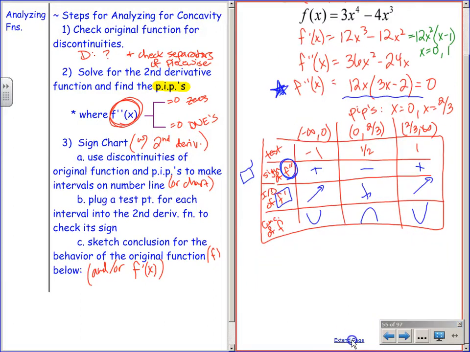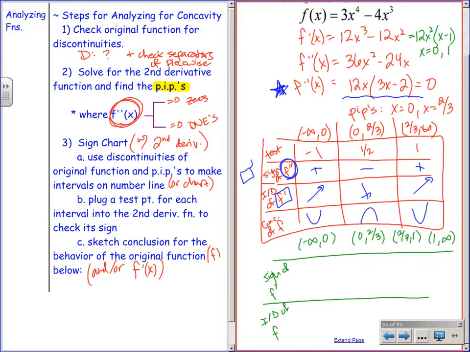We could kind of add on to this what's going on with our critical numbers, and we could do negative infinity to 0. We could do 0 to 2/3. We could do 2/3 to 1, and then we could do 1 to infinity. And we could kind of tack on a little sign of f prime. Figuring out the behavior, the increasing, decreasing of f. And if we were doing that, we would plug into the first derivative instead. So if we put these 2 sign charts together, if we wanted to know entirely what was going on,